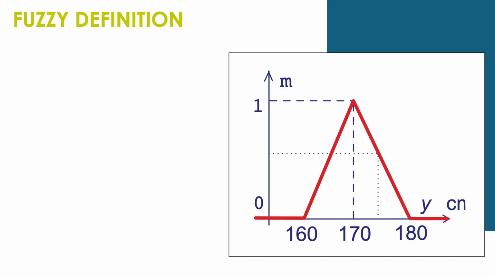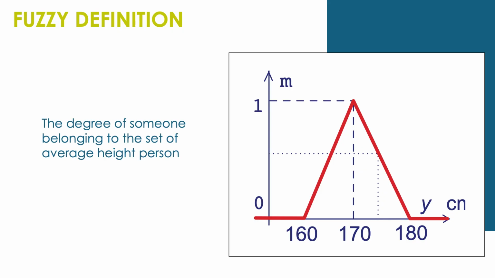So let's think about defining the set of average height person. There is not one single value of average height, but we can think about height for a person ranging from 160 centimeters to 180 centimeters, centered around 170 centimeters. We can say that for sure if someone is 170 centimeters high, it is true that he or she is average height. If one is 175 centimeters tall, then it is not completely false, but there is a way to define the value of this function, that is the red function, for 175 centimeters is equal to 0.5. So it is, in this case, 50% true and 50% false.